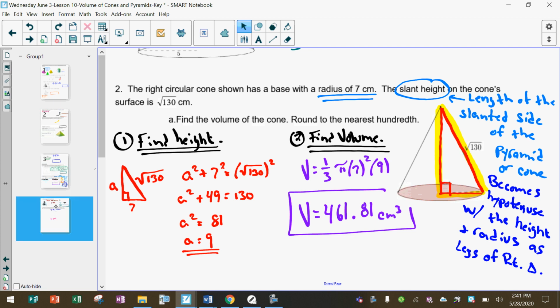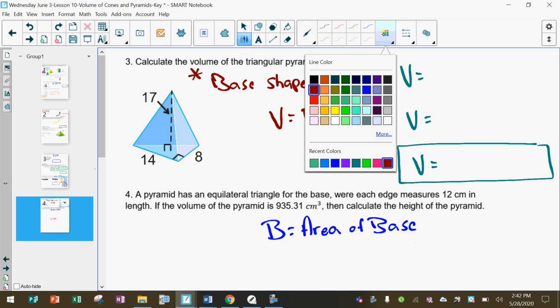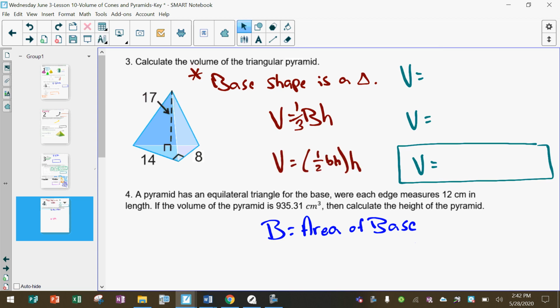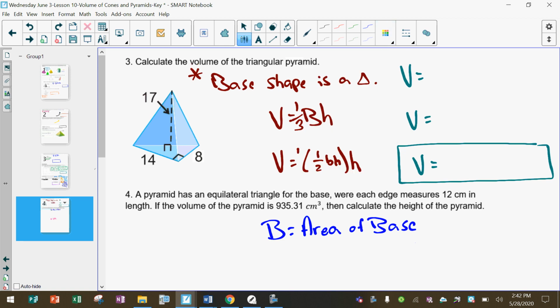All right, almost done. Calculate the volume of a triangular pyramid. A triangular pyramid means it's got a triangle base and all triangular sides. That's also called a tetrahedron. But because our base shape is a triangle, our general volume formula, 1/3 base times height. We'll add in the 1/3. Turns into 1/3 times 1/2 BH